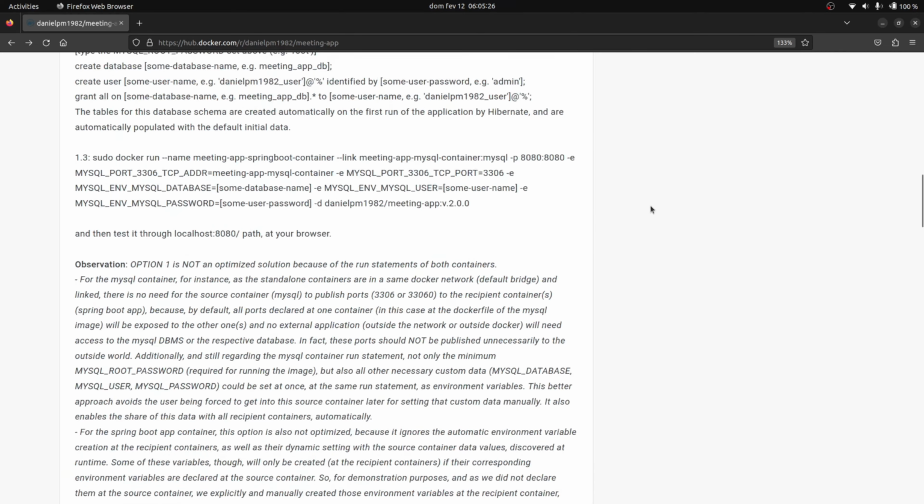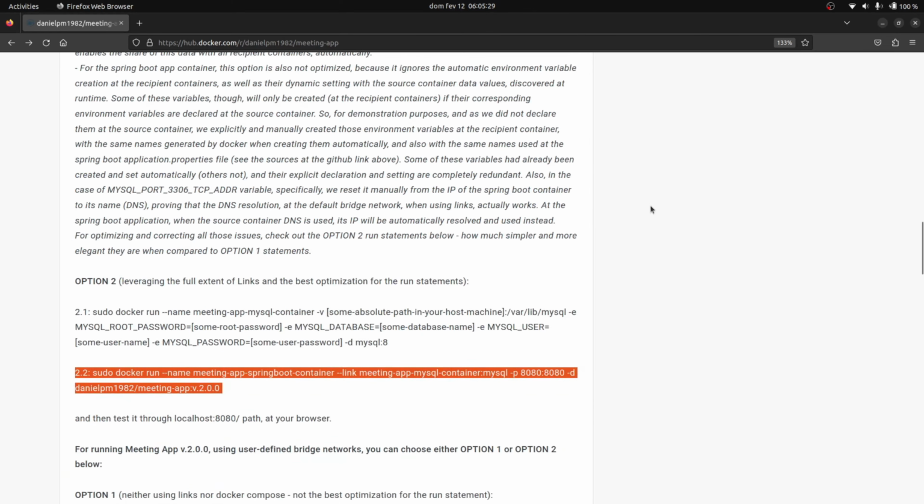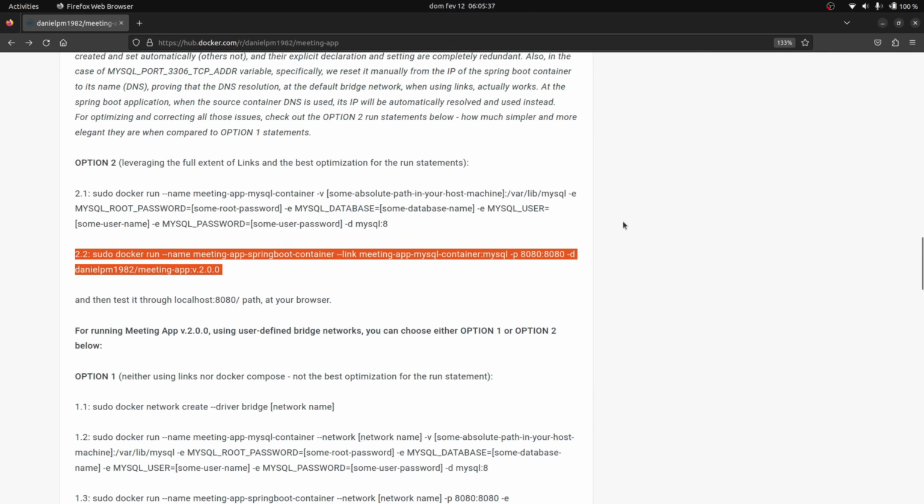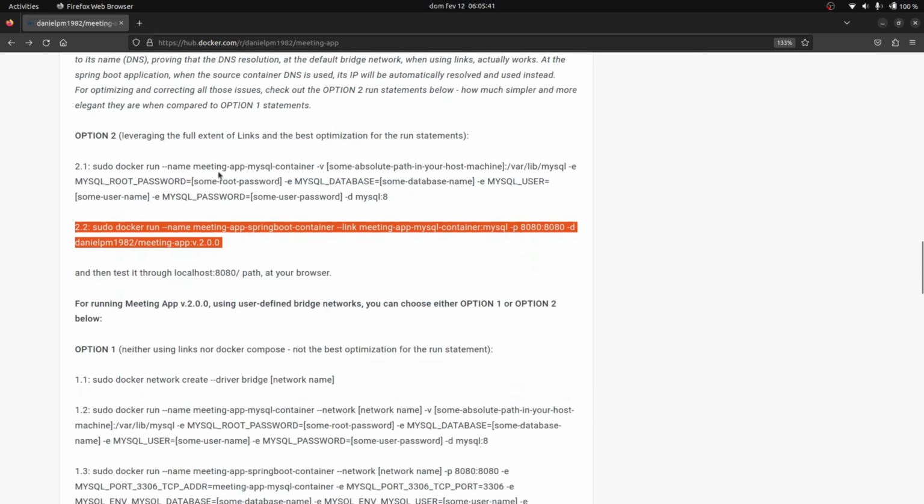Well, basically we simply have leveraged the link properties, so that in this case, as we have all the variables at the source being declared and set, those values will be mapped and copied to the recipient container, and the respective environment variables will be automatically created, and these values automatically set or discovered from the source to the recipient, and the names created according to the patterns we already saw, taking the alias as the initial part